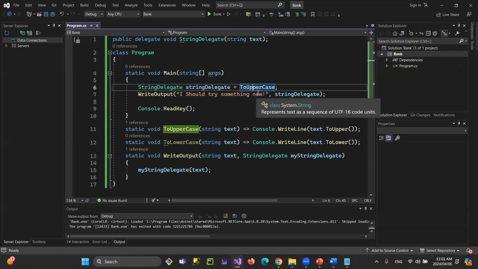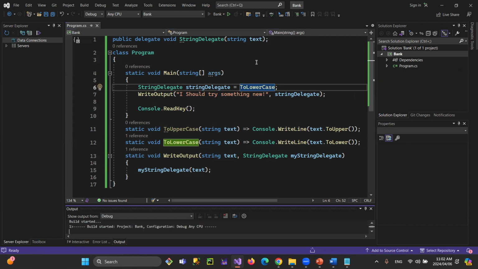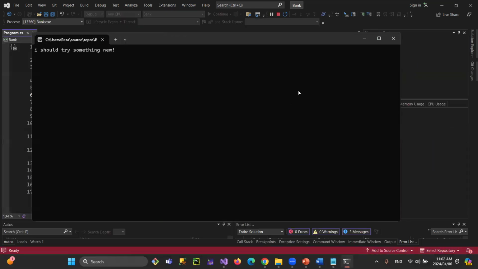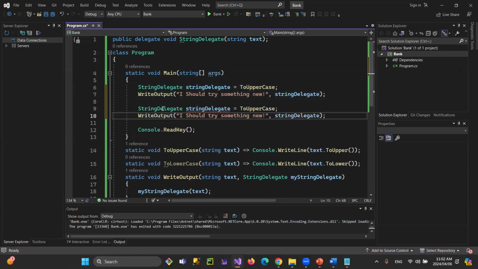And now I change the method. This time I'm going to say to lower. And guess what is going to happen? Right? The best is, if you want to check, Control C. And then